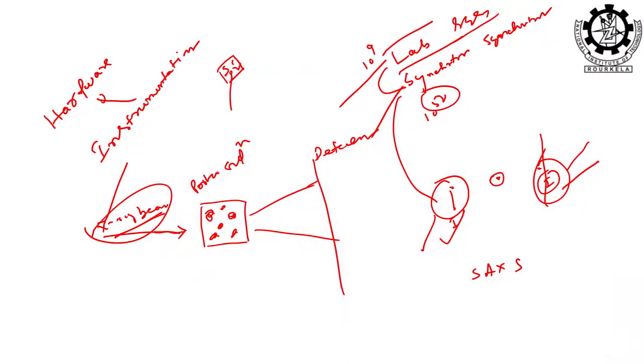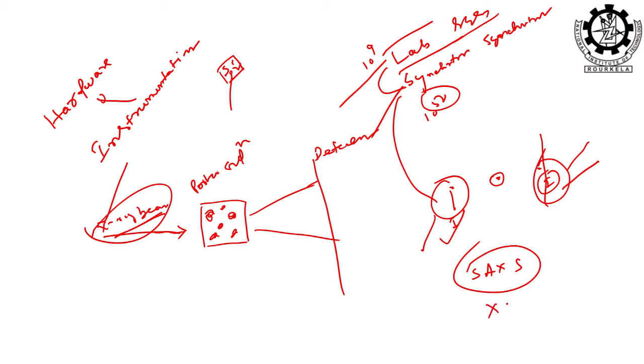They are called beam lines. There are a few X-ray beam lines, a few gamma ray beam lines, and a few other kinds of radiation. If they require, they can go and do the work there. So there are selected beam lines like that. There is a SAX beam line in every synchrotron, and it is a must. All the synchrotron facilities available across the world have this beam line, wherever it may be.